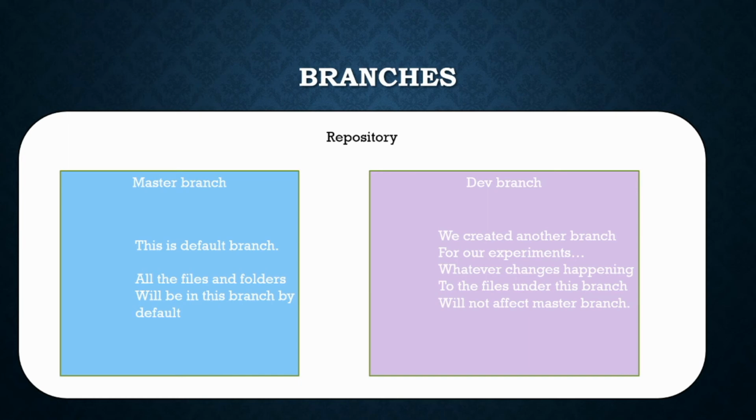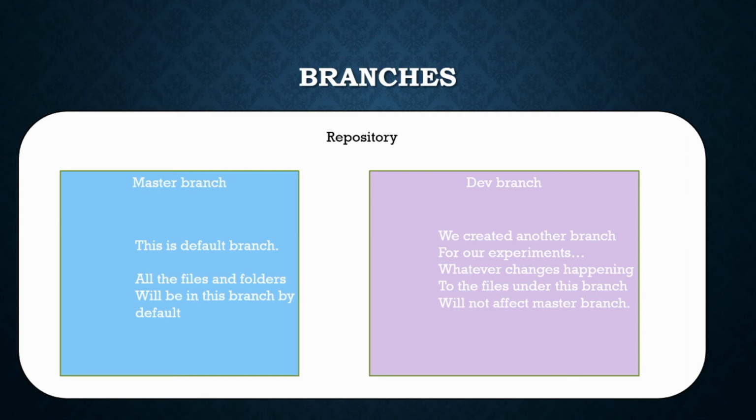So basically, we have created a different entity, a different container, in the same repository. Whatever changes we make inside that container will not affect the original container. So you can think of branches as containers inside a GitHub repository, right? Each container is isolated. Whatever change happens inside one container will not affect the other one. That's how a Git branch helps us avoid that mess.